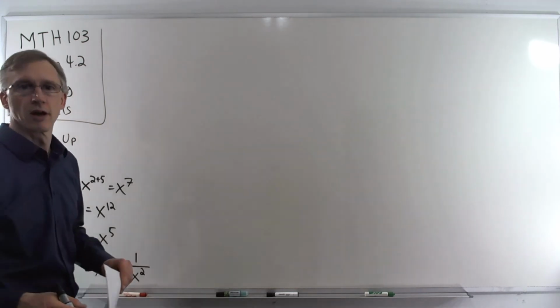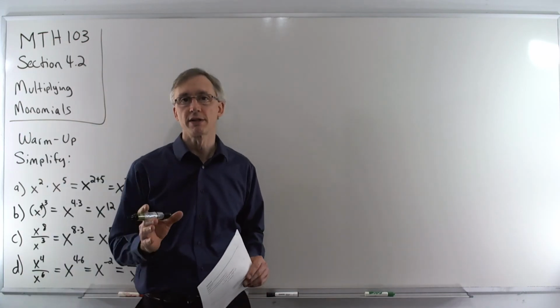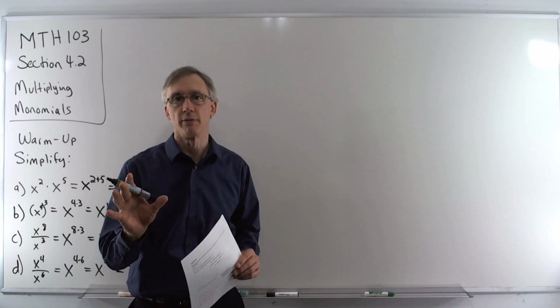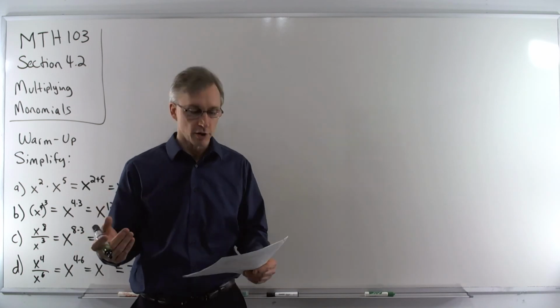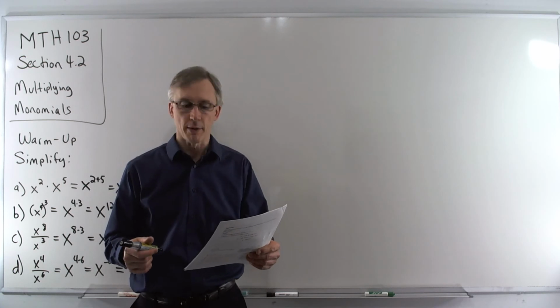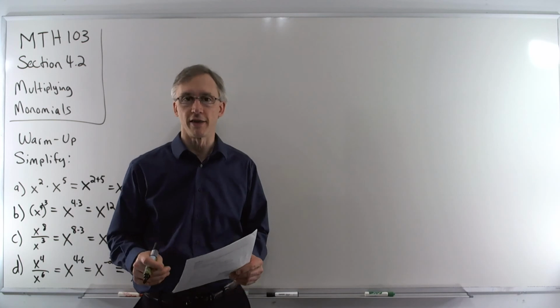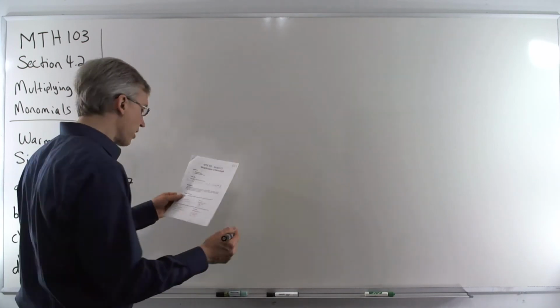So one of the most important applications of multiplying monomials is if we represent real-world objects as monomials and then we want to learn more about them. So for example, if we have a city park whose length and width are represented by a couple of monomial expressions, what's the area of the park? Well, we're going to learn how to find that. So to multiply monomials,